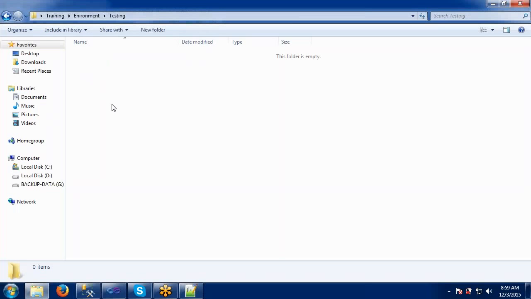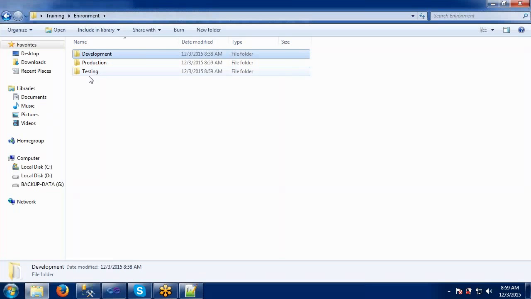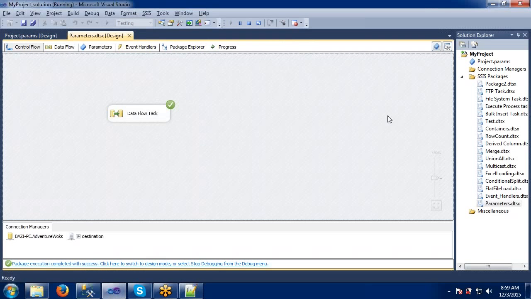So let's see whether the file will be created or not. It is executing. Yes, see, the file is created. Means all these paths are working fine when we define this parameter at the project level also.